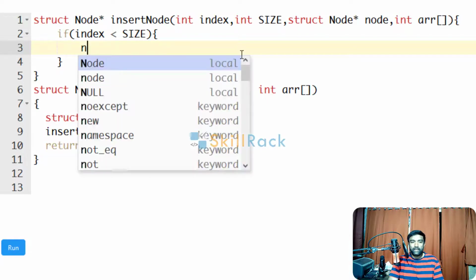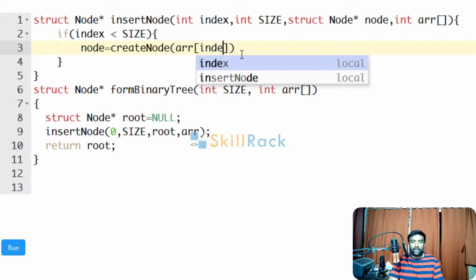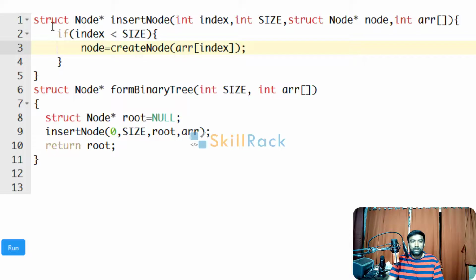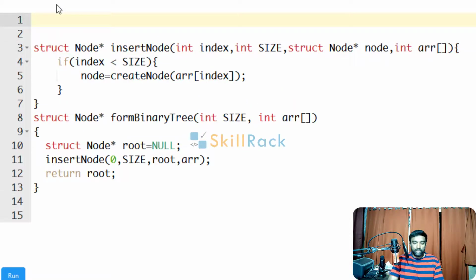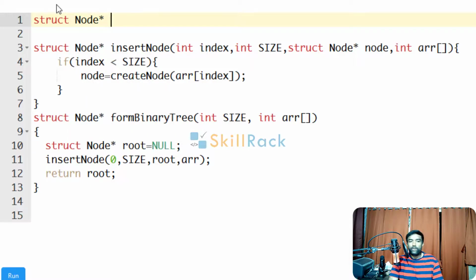So we will say struct node pointer node equal to, and we will invoke another function called create node. We will just pass the value, which is array of index. Let us complete the create node function. Create node will just return the struct node pointer after creating a new node.